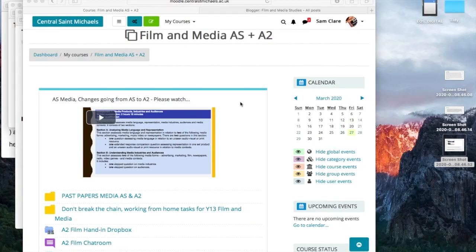I'm going to be talking through what's expected of your work, how to do it, and how to set up your blog, because a few people have come to me with a few problems, which is fair enough. Clearly I've not explained it very well, and it is difficult to get that across in a message. So I'm going to show you the Moodle, introduce you to where things are, show you how to find things, how to contact me, and hopefully get everybody on the same page.